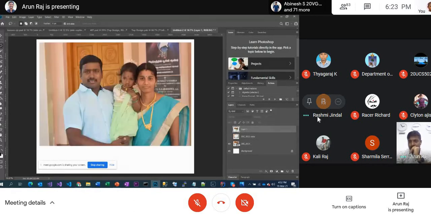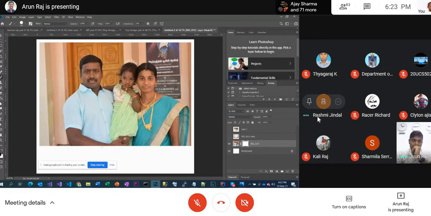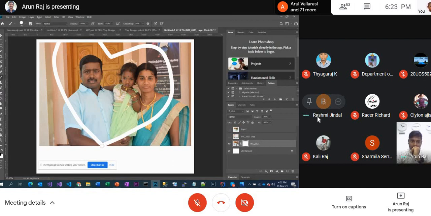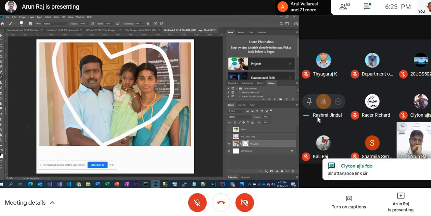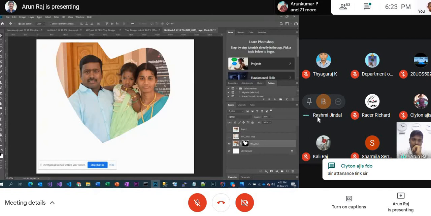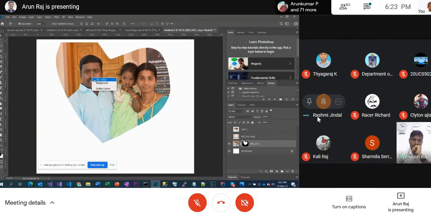But here, if I put a mask and start to work with that mask, then if I did something wrong, I can take a white color and paint back, and I can get the image back here.